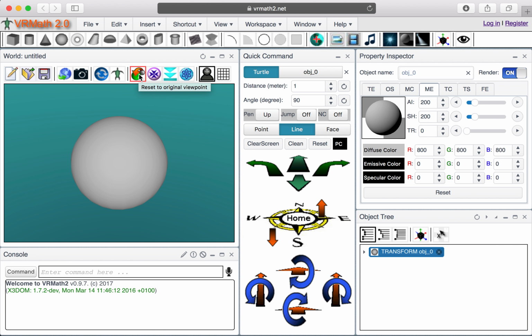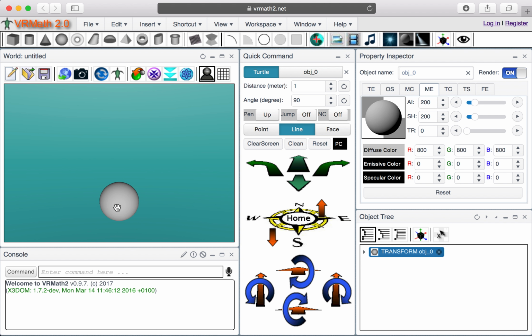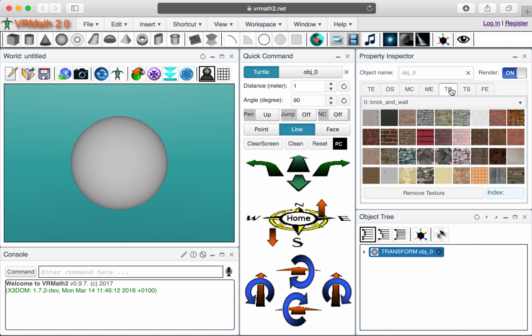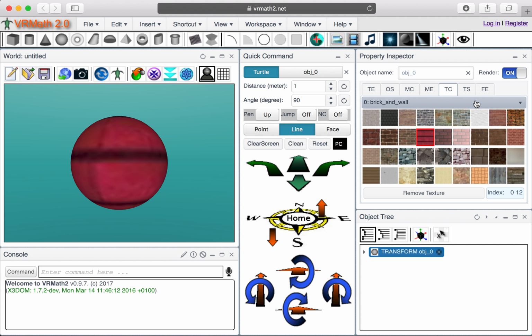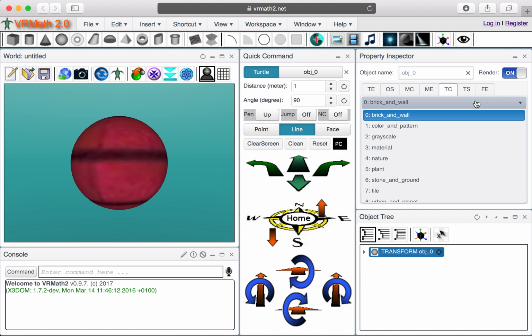Say I reset the viewpoint, so that is the original viewpoint, and then bring everything to the view here. And when I select the ball here, I can also go to the texture chooser in the property inspector window. There are plenty of textures here. You just click and it will be applied onto the ball here. If I click on that one, for example, what we want is actually to find the Earth